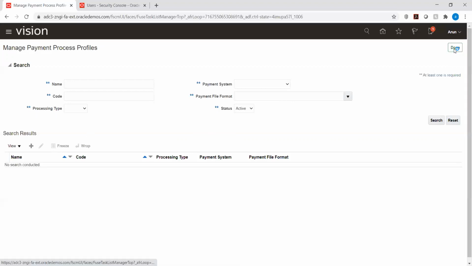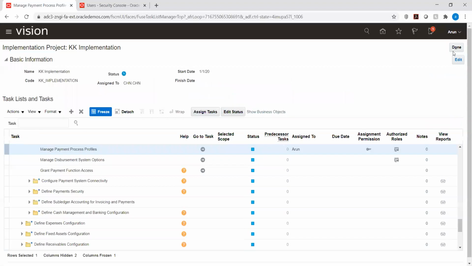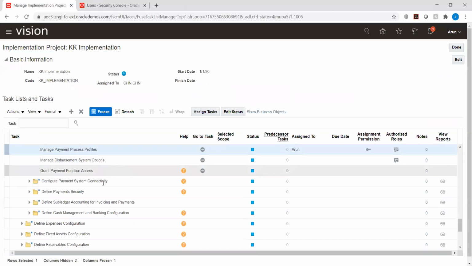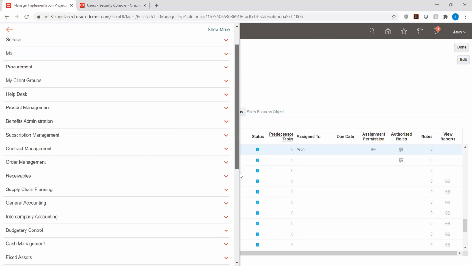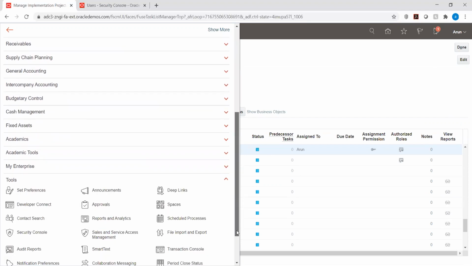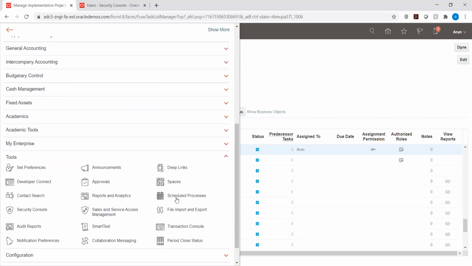Maybe I'll try to create an invoice. I think the payment part we will not need. Yes, that's what I was thinking, because we can see it in the invoice itself, right? But did we enable budgetary control at the subledger level? No, because we didn't have the business unit earlier, right?